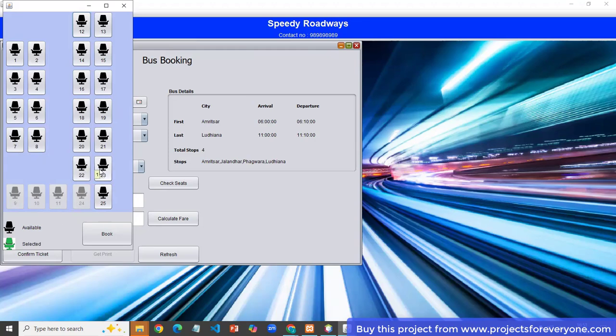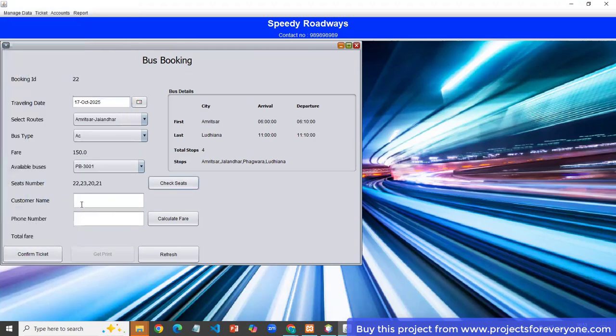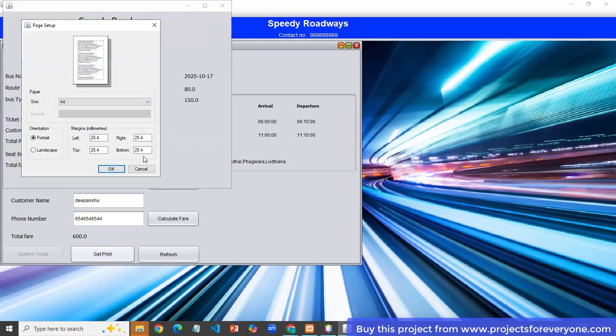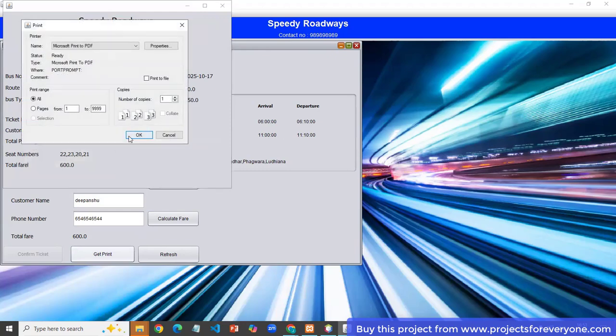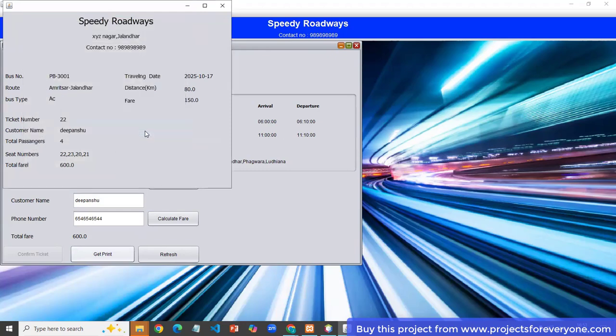So we have to select others. You can also get the print of this. For now, only PDF as the printer is not connected.